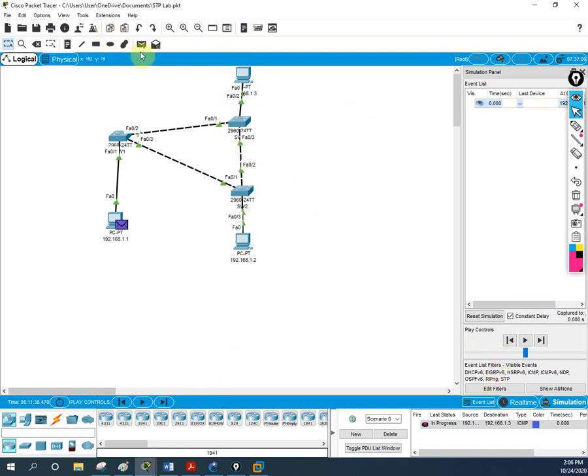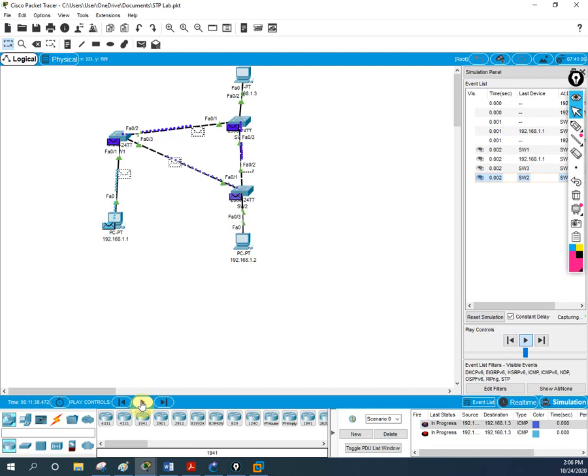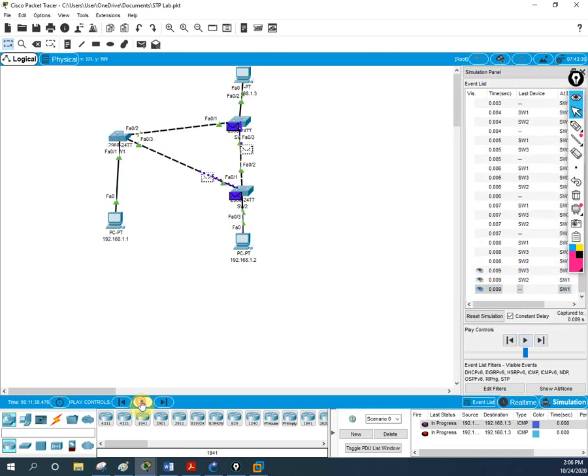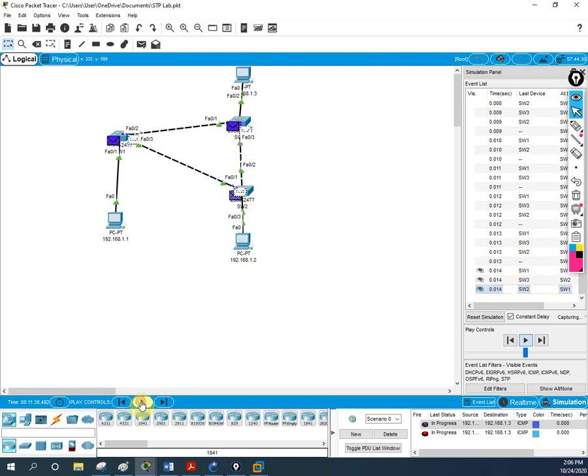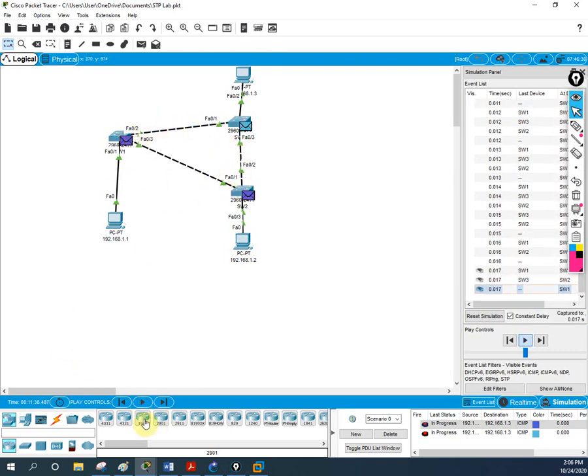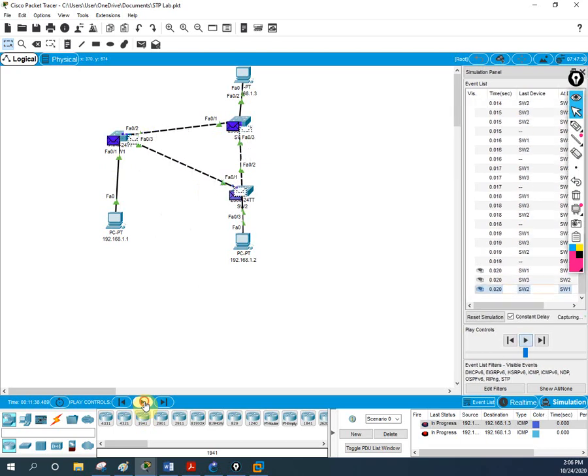Okay, so what I will do, I will take one packet and send it from here to here. Let me play now. This packet is going here, and see, for one ping how many packets are roaming around the network. It is creating the loop. It is going from one switch to another switch. If you see, this is roaming around the switch, this is roaming around the switch. The network is having the loop, so that's why all the packets are roaming around the switch.